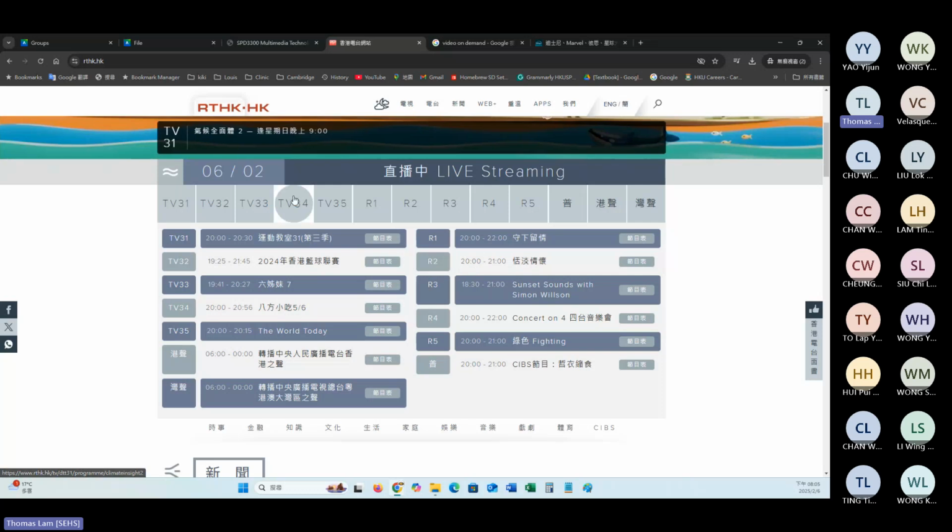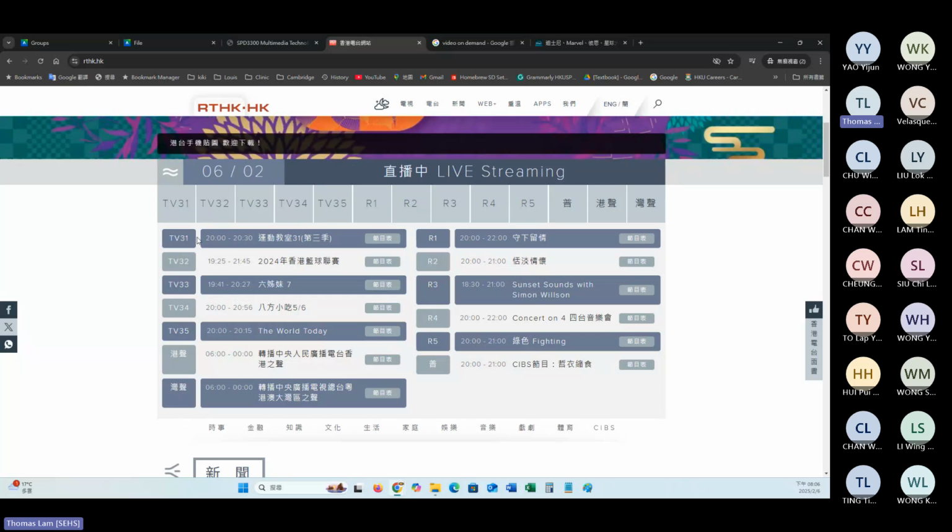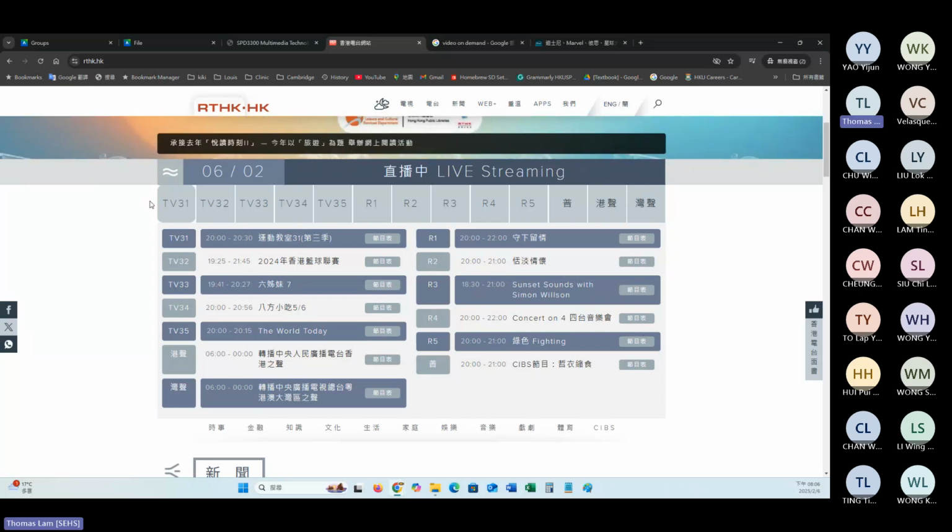So this website tries to speed up its performance by removing those big image files, so that people can easily use the mobile phone or computer to show the list of programs here.